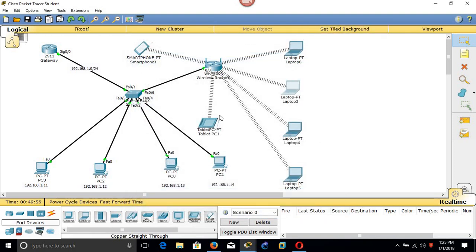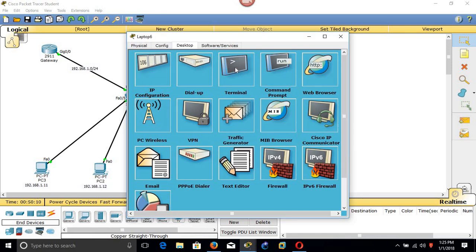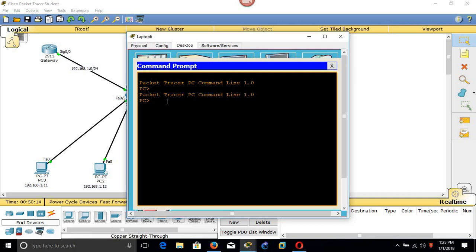After that, we have to confirm if there is communication between this PC and this PC. We have to ping this PC, 192.168.1.1, to see if they can communicate. Okay, go to command prompt, then ping 192.168.1.11.